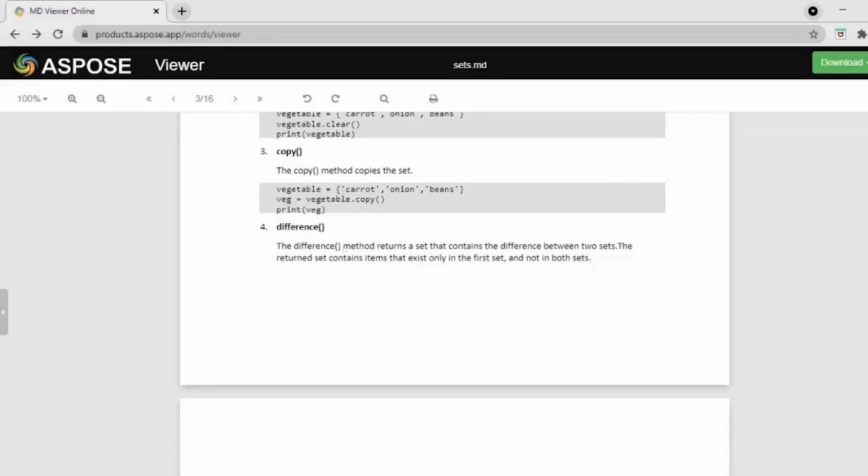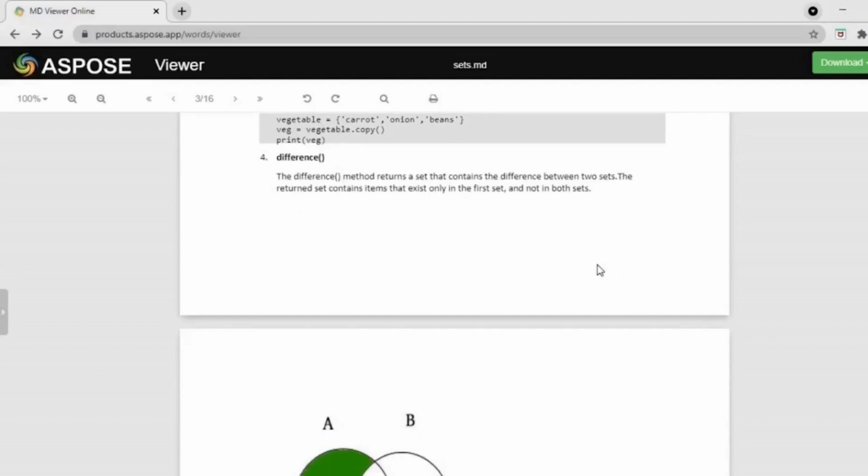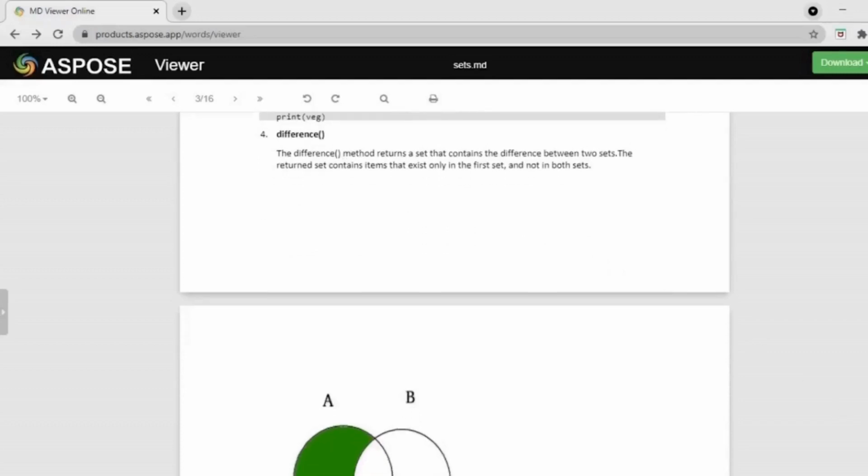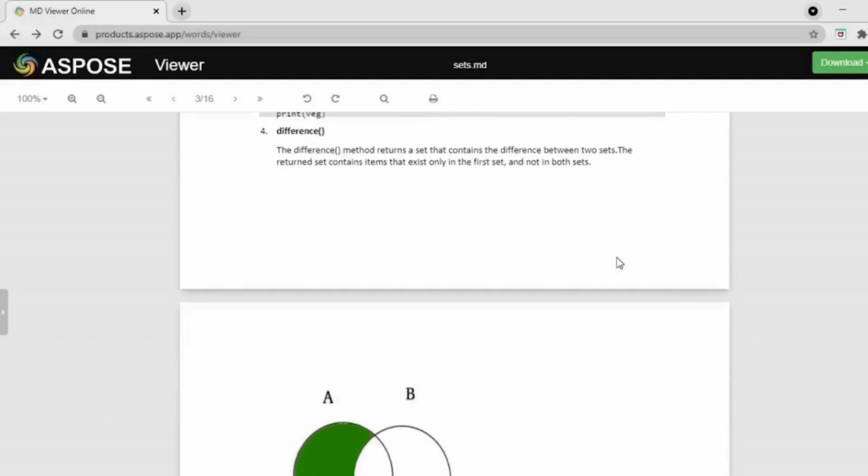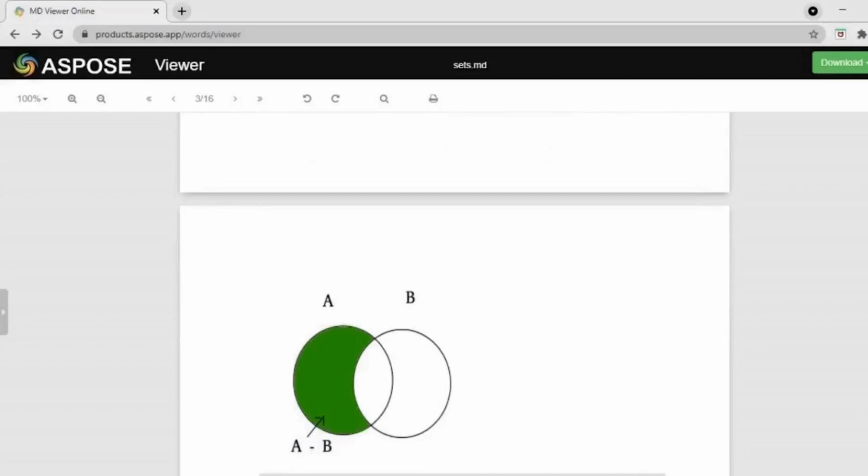And the next one is difference. Difference is nothing but a set that contains the difference between two sets. So if you consider this diagram, this A and B, the difference of A minus B is the resultant of A minus B difference.